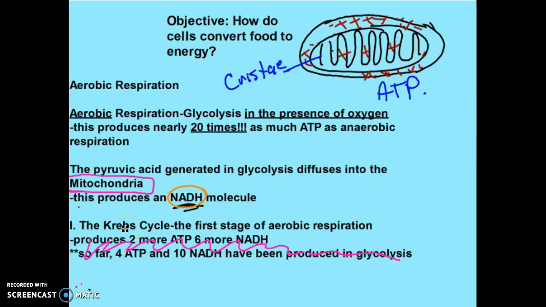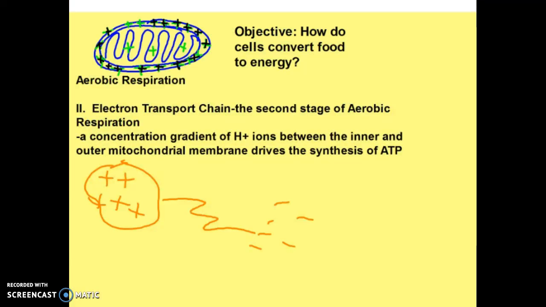So this Krebs cycle, or the citric acid cycle, we get 2 more ATP here, and then some NADH, which are carrier molecules. They're just carrying energy into the next stage to make more ATP. So now we have 4 ATP and then a bunch of those carrier molecules. But that's not really enough. I mean, that's not enough to keep our cells alive. So this electron transport chain, which is that third phase,